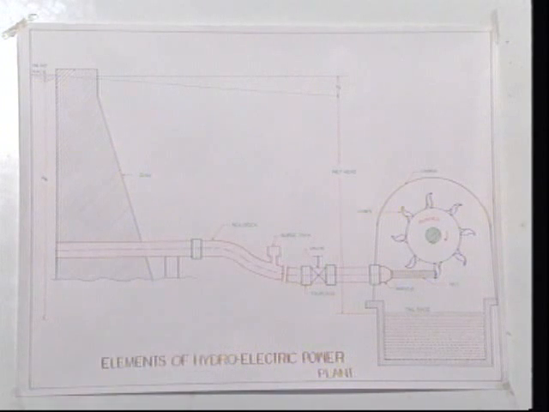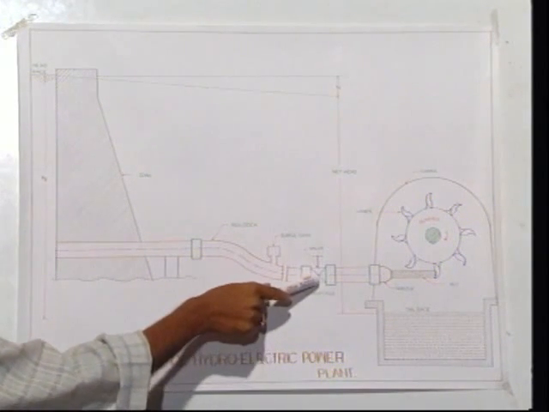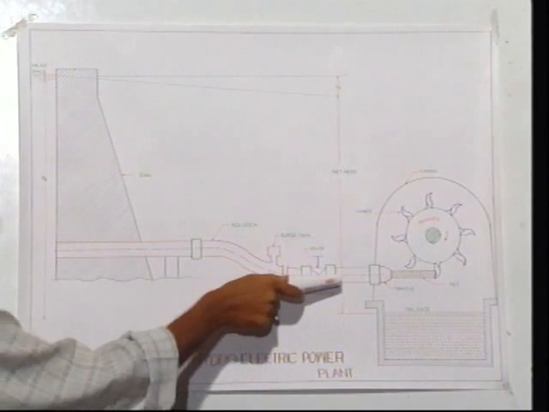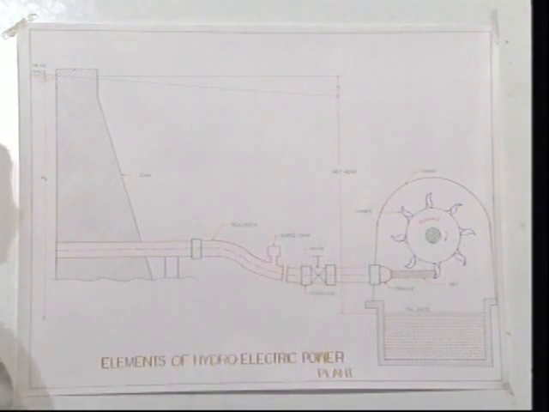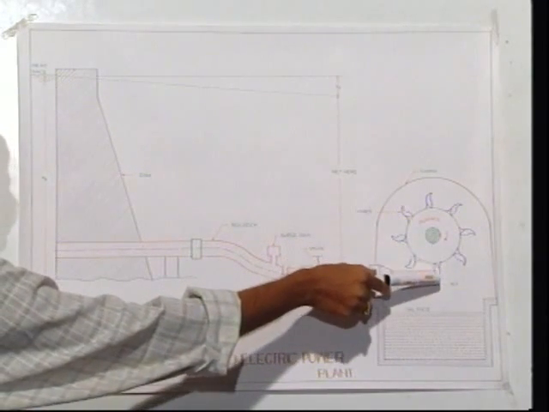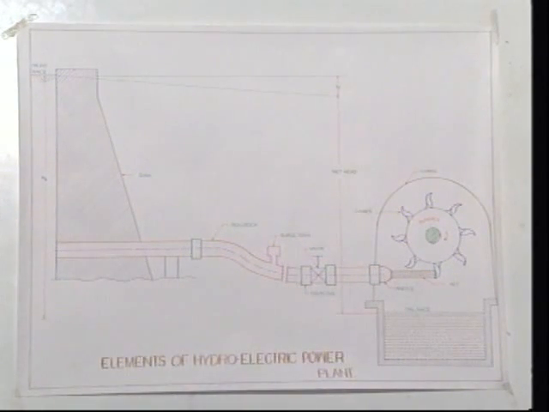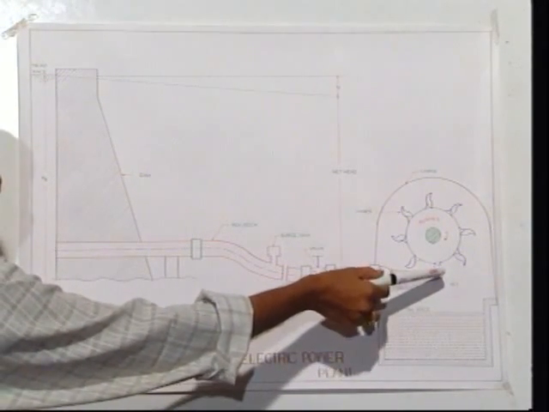Now the water is carried from the dam or this reservoir via this penstock to the valve, and by opening the valve, which is used to control the flow of fluid, the fluid is sent to the turbine. Here we have shown an impulse turbine. Sometimes a reaction turbine also may be used. From this, the high pressure energy water enters the turbine. Since this is an impulse turbine, all the pressure energy is converted to kinetic energy before entering the turbine.